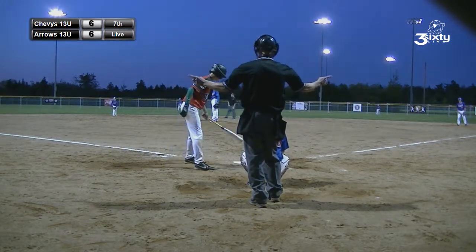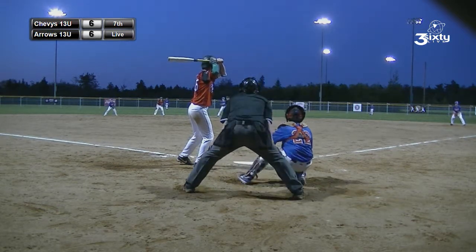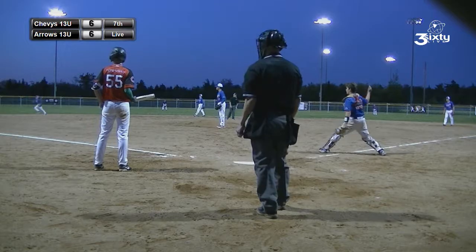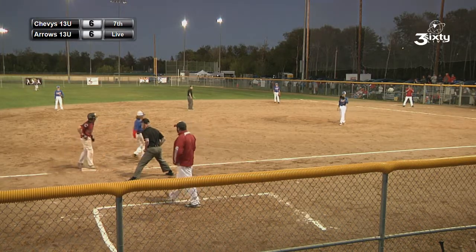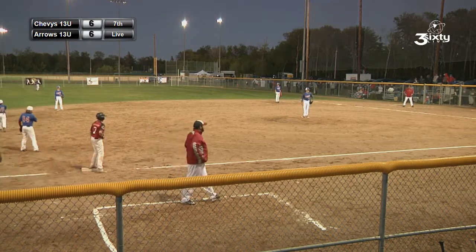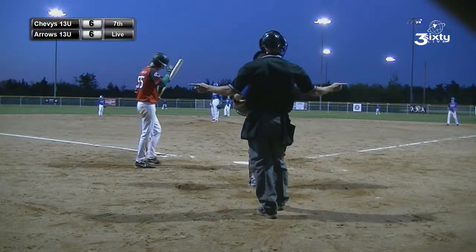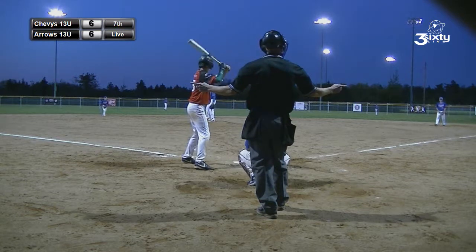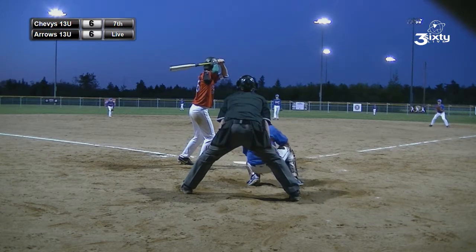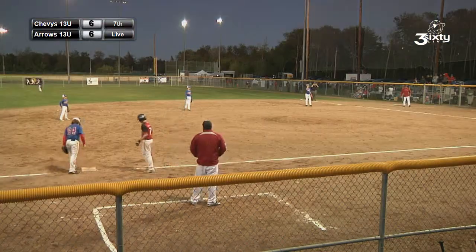He's 1 for 3 with an RBI double, a strikeout, and a groundout. And the potential lead run standing at second base for him to possibly get his second RBI of the game. That ball gets away, and then a throw down to third, and getting in under the tag safely is Wedge. So now the potential lead run just 70 feet away, as Doucette has had a few balls bounce away from him here in this top of the 7th inning. Infield is going to move in to try and keep this a tie ball game, try to cut down any runs at the plate. That one's going to bounce away as well,